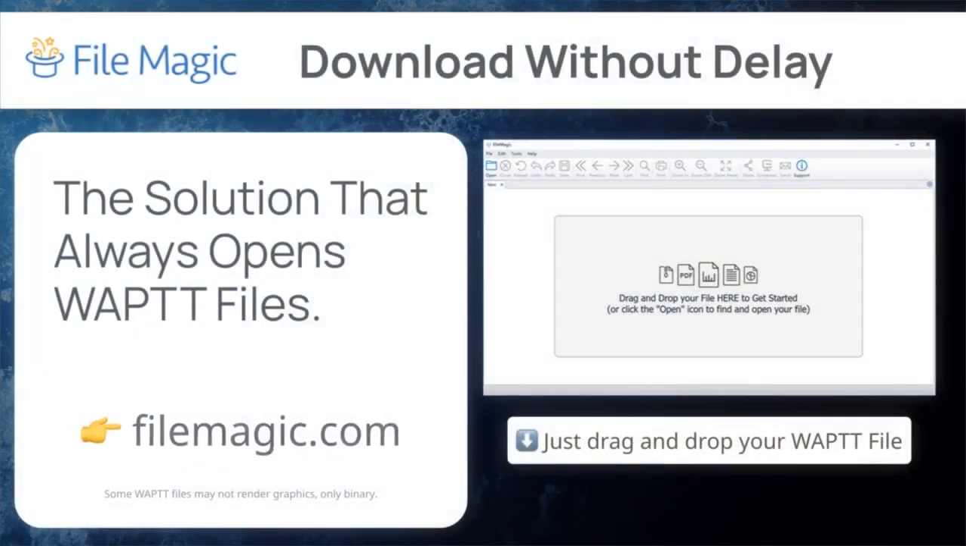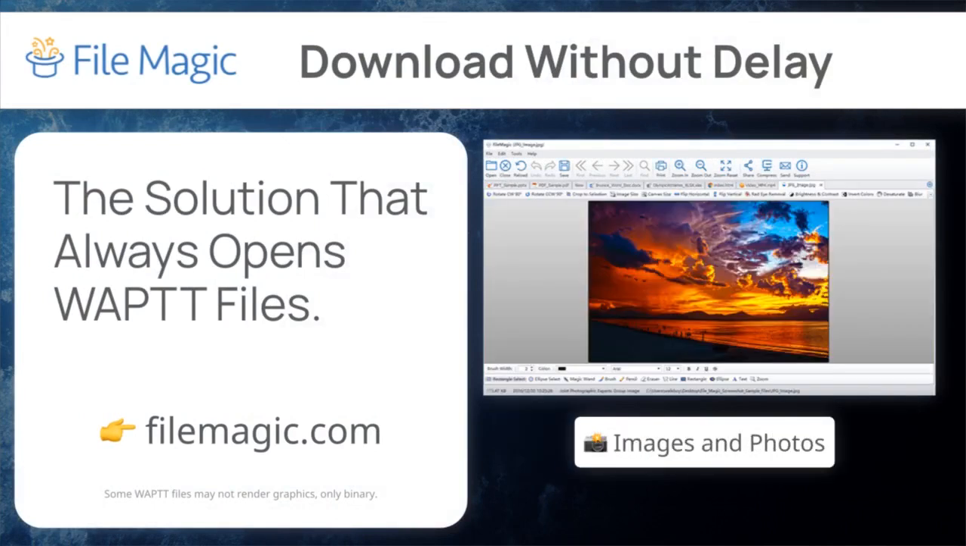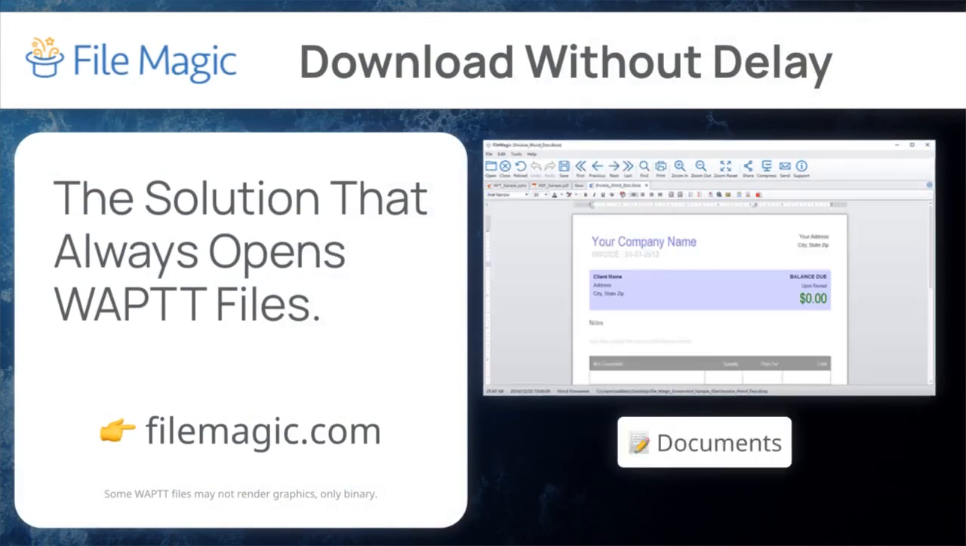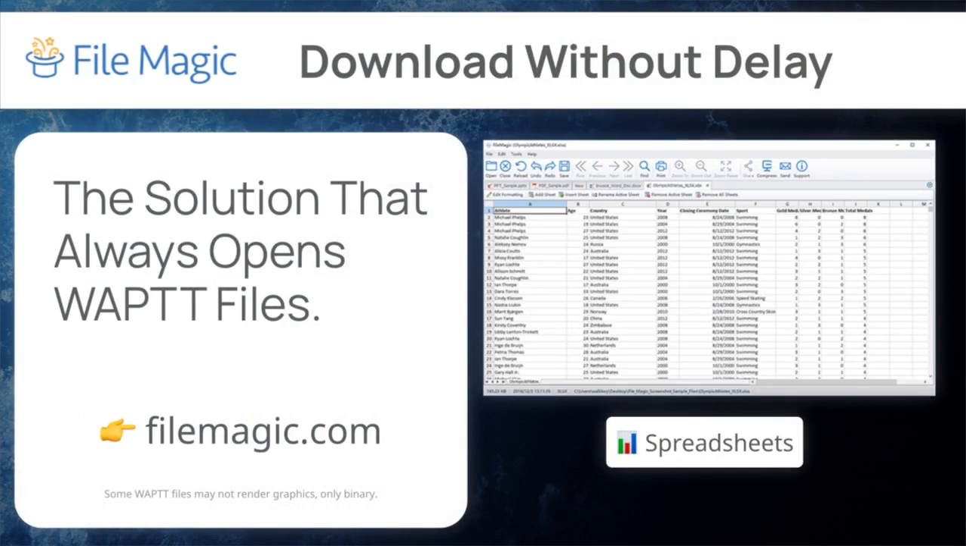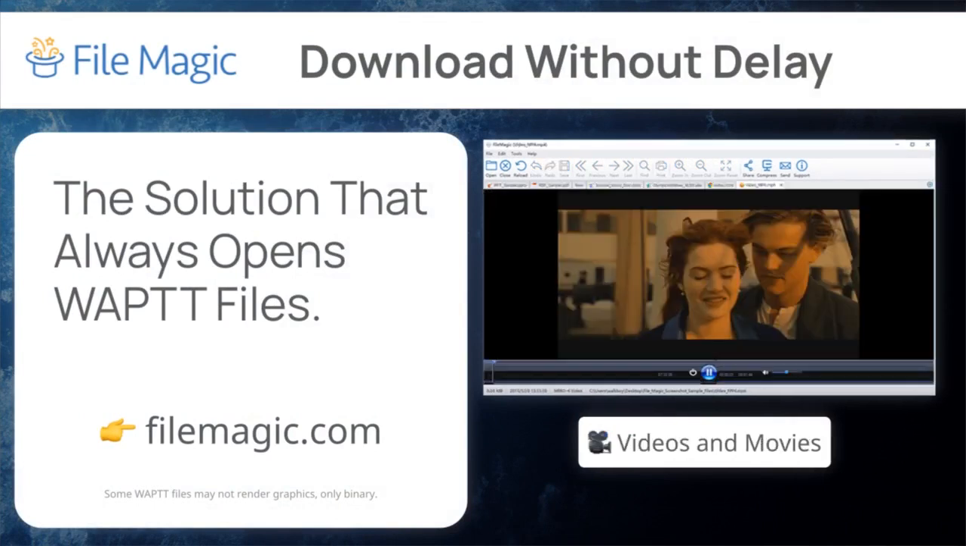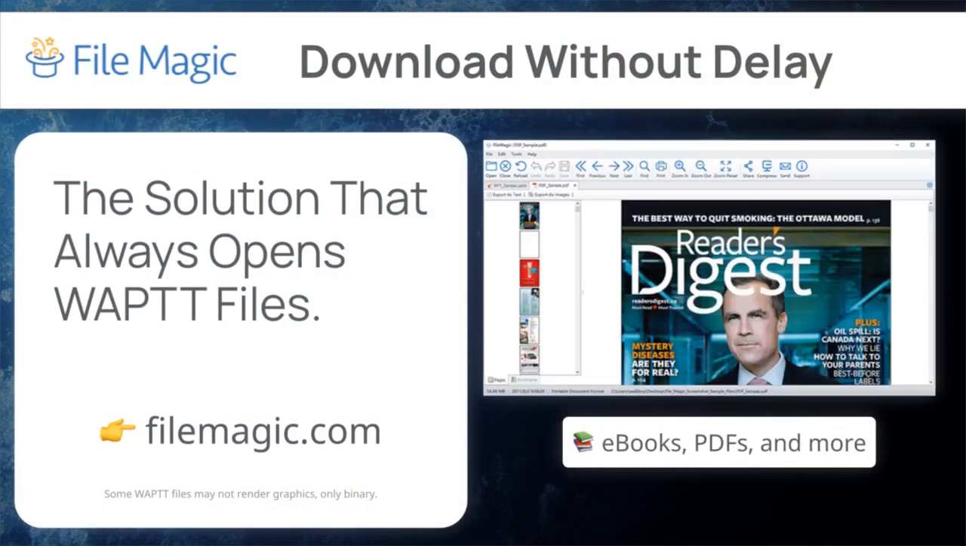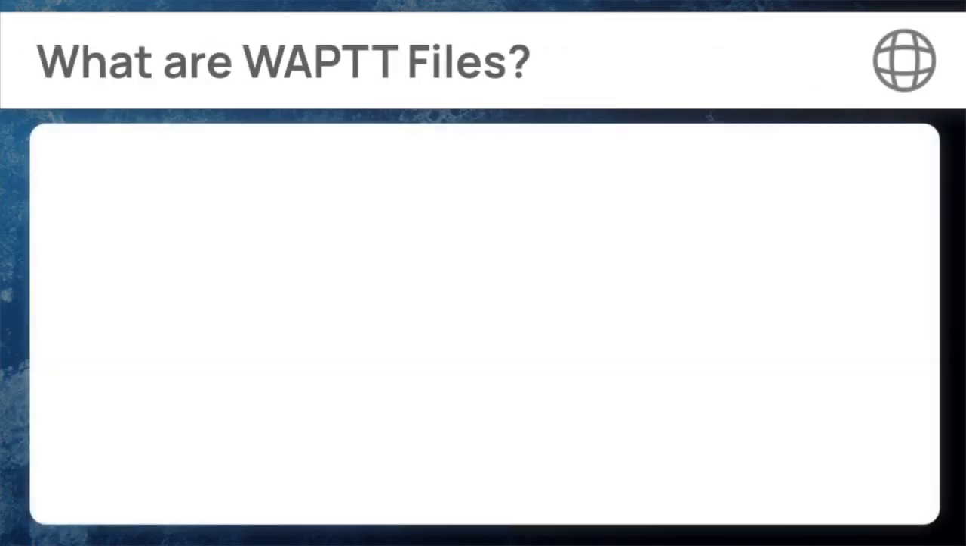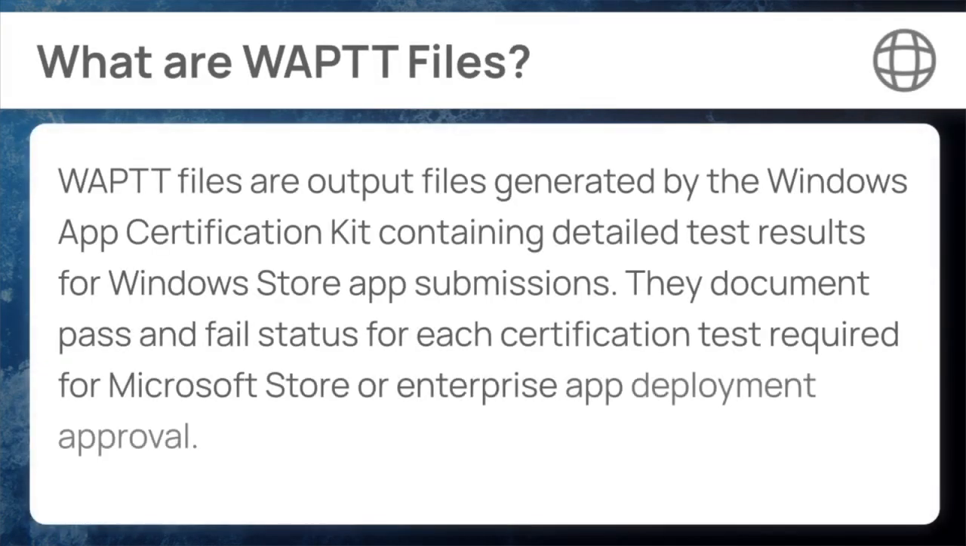Before we get technical, the simplest step is often overlooked: installing a general file opening utility. This often works when the specific WAPTT application fails. More details to follow. WAPTT files are output files generated by the Windows App Certification Kit, containing detailed test results